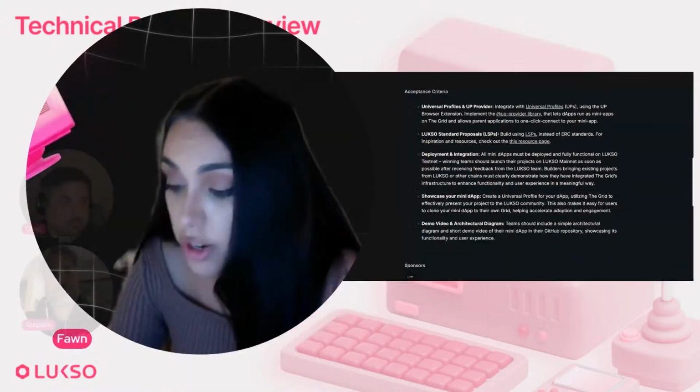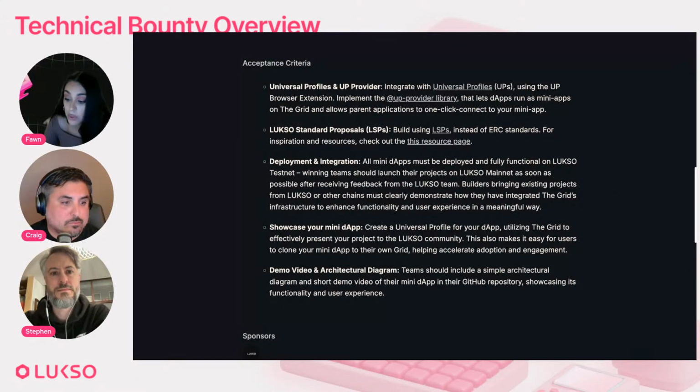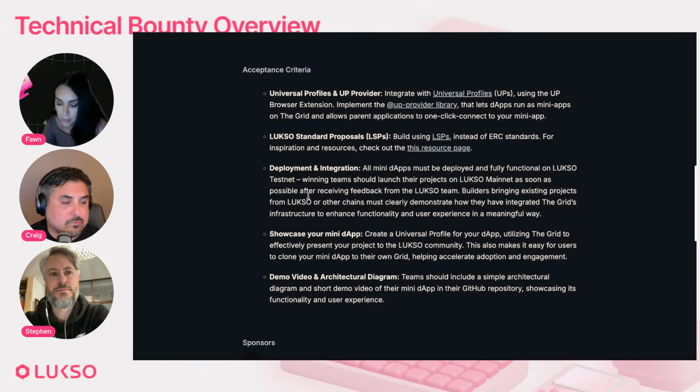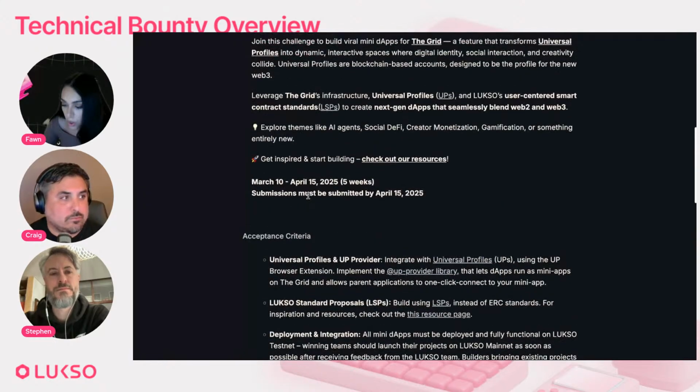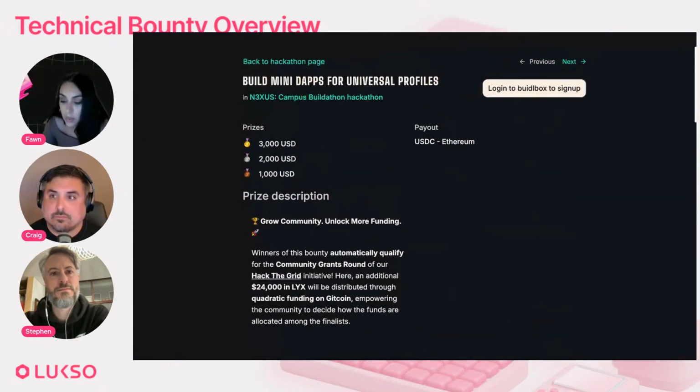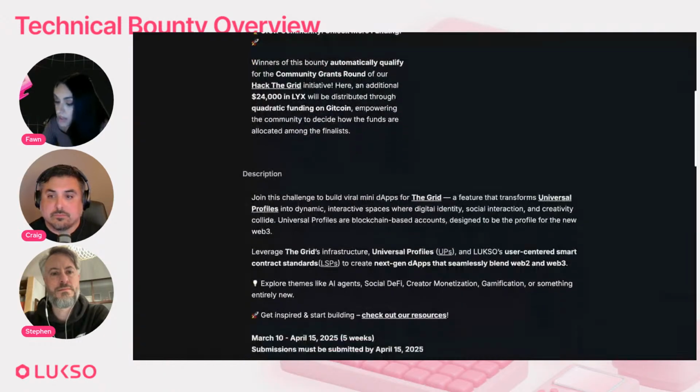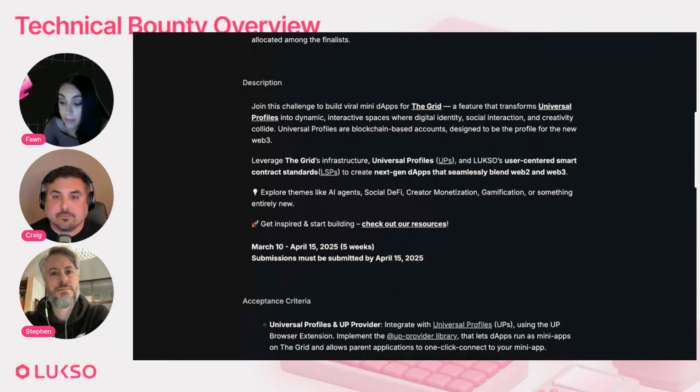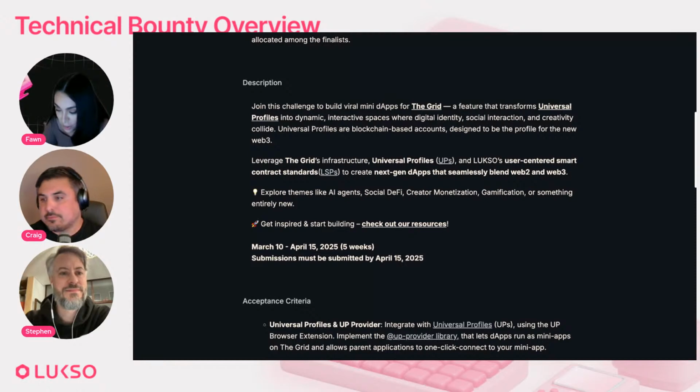So let's talk quickly about the bounty specifics. This track is all about getting creative with universal profiles. We're not here to judge you on complex code or how many smart contracts you deploy. What we really care about is how you use the LUKSO stack to enable identity, social interaction, and digital expression. So really just look at LUKSO as your playground, right? We want to give you the freedom to experiment with new ways that people can express themselves and really connect online. So take risks, get weird, build something super memorable that all of the judges will remember.